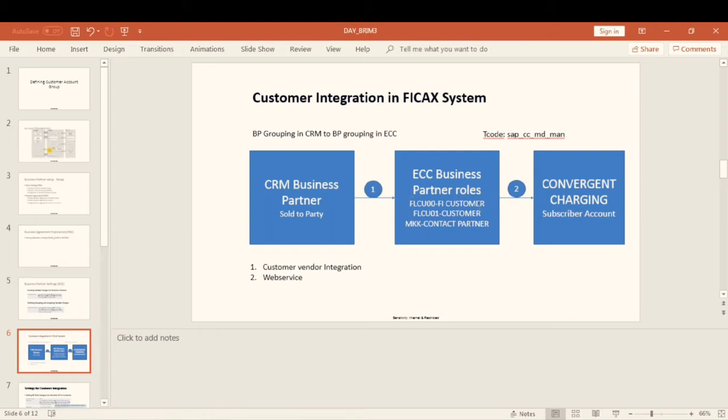These three are the mandatory roles to implement the BRIM solution. If we have the ECC system, we can find these two roles, FLCU00 and FLCU01, and we can get this MKK role. We can assign this MKK role only if the convergent invoicing system is activated.